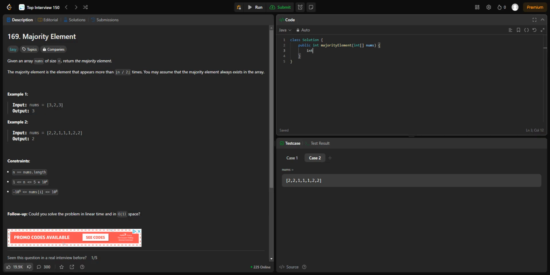So we'll have int cur, I guess that doesn't really matter because it'll be dependent on count. Then we'll go just for int i in nums, if